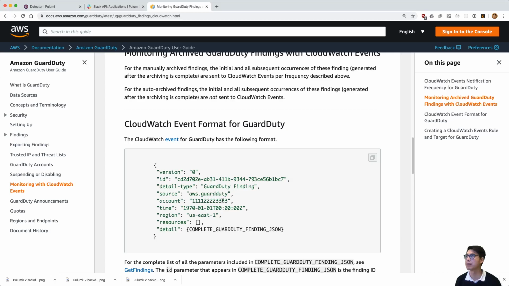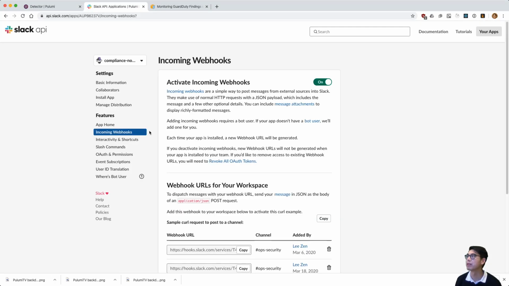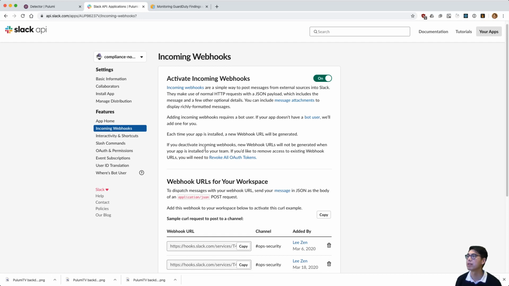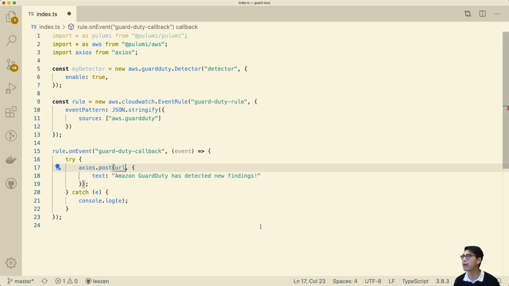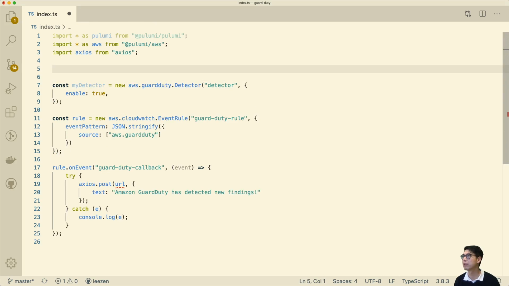And so if I go back to my browser, you can see I have this handy dandy incoming webhooks thing set up, and I can create a webhook and I can copy it and post it into a channel. So you can see here I'm actually going to post it into this op security channel. So to do that, I probably actually want this to be an environment variable instead of just putting our secret in here, right? So let's actually configure this as a secret. So we will do